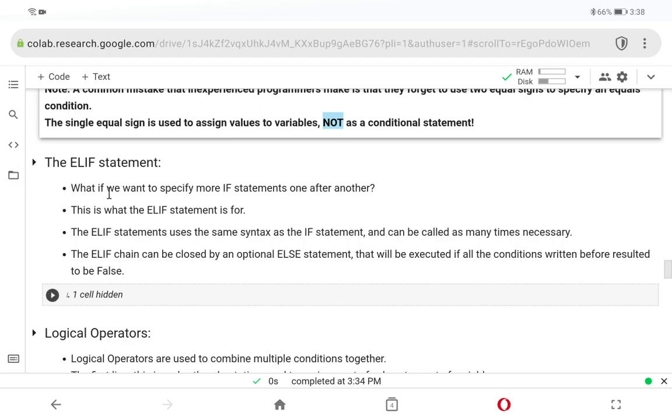Okay, so what if we want to specify more if statements one after another, right? If we have more than two outcomes, it's no longer true or false, right? So this is where the ELIF statement steps in. The ELIF statement uses the same syntax as the if statement and can be called as many times as necessary, which means in between the initial if and also the closing else, you can have as many ELIFs as you want, right? So the ELIF chain can be closed by an optional else statement that will be executed if